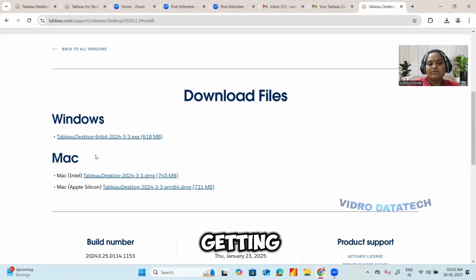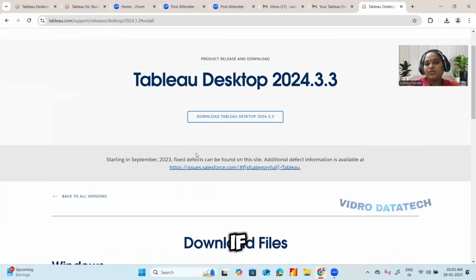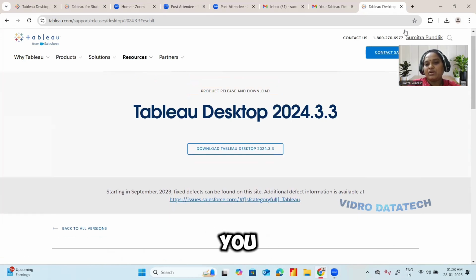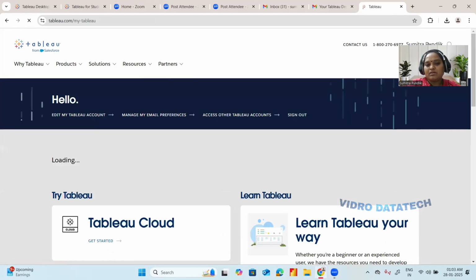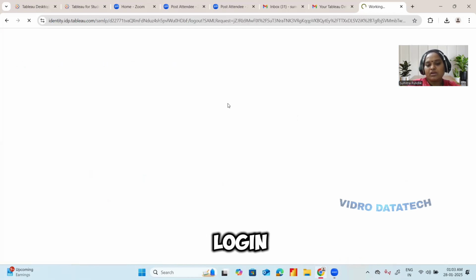You will get the option Tableau Desktop 64-bit 2024-3-3.exe. I am already a registered member of tableau.com, so that's why I get this option. If you are not a registered member of tableau.com, they will ask you to log in. I'll show you how to log in.